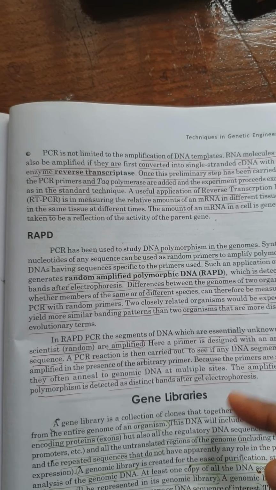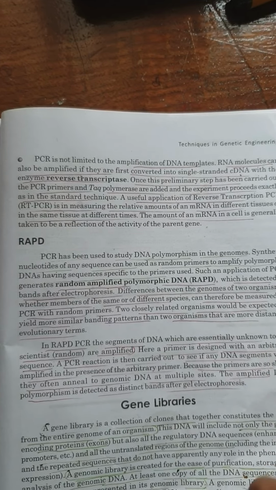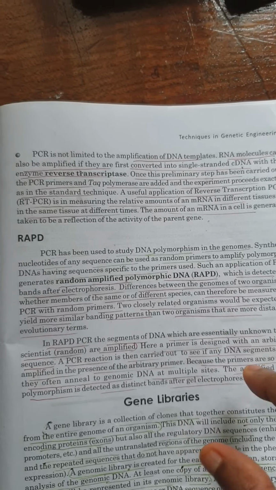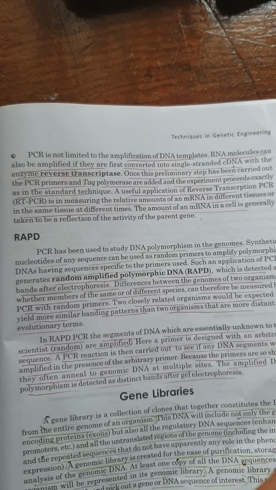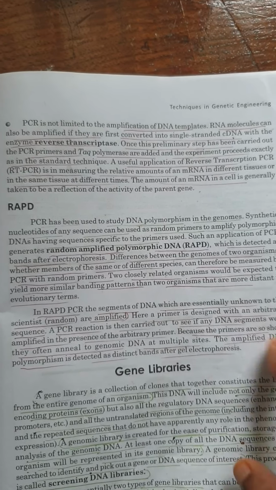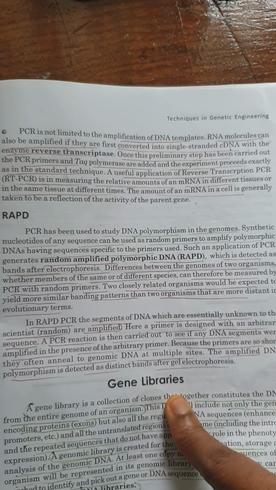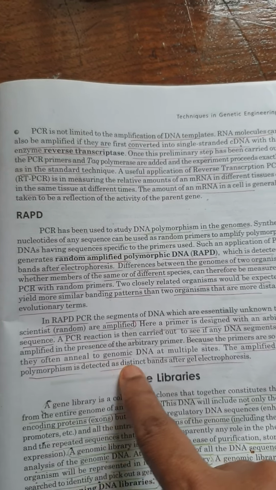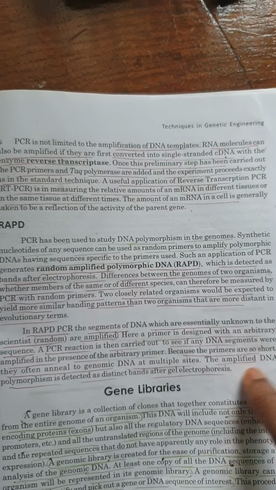For us, the segments of DNA are unknown. We are using only an arbitrary primer for that. So this primer will anneal to multiple sites in the genomic DNA. In the genomic DNA, these primers will attach to many sites. Because the primers are very short, they often anneal to genomic DNA at multiple sites, and the amplified